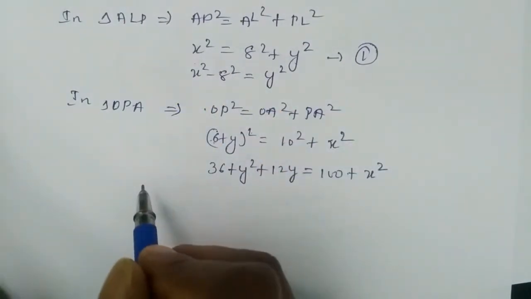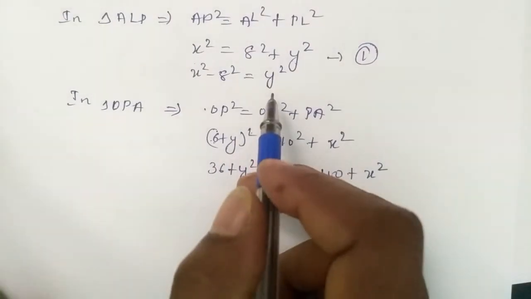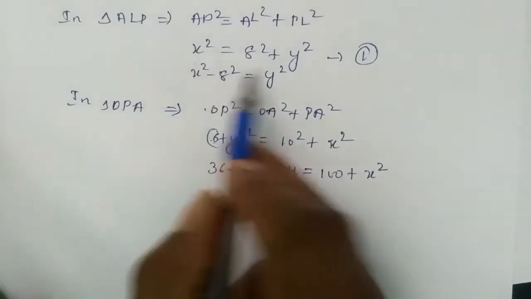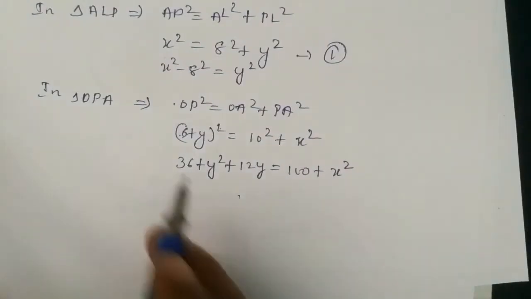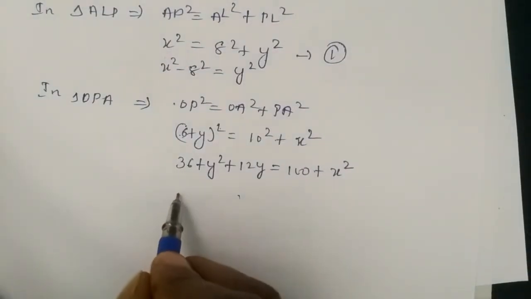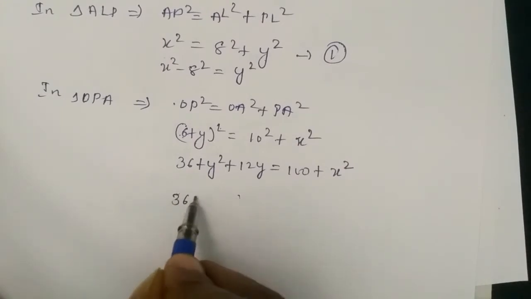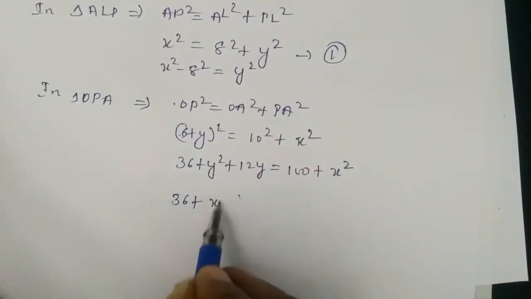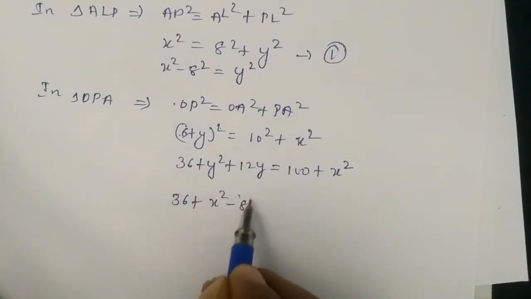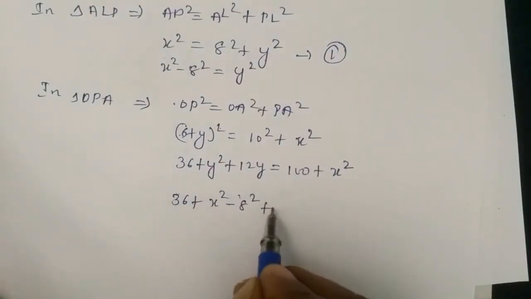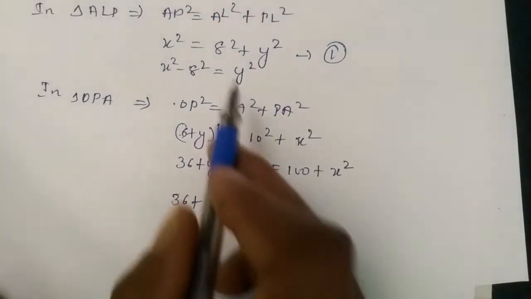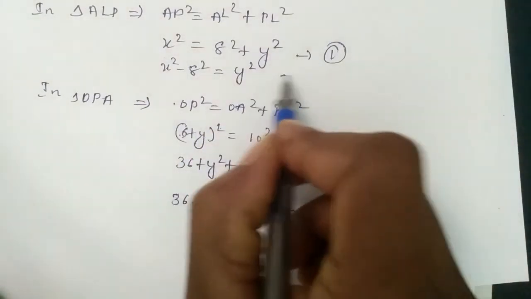So we make a relation between x and y, that is y square equal to x square minus 8 square, that we'll put here. 36 plus, so y square value is x square minus 8 square, x square minus 8 square plus 12, again y value. So how to solve y value? Y value we don't have. To get the y value,